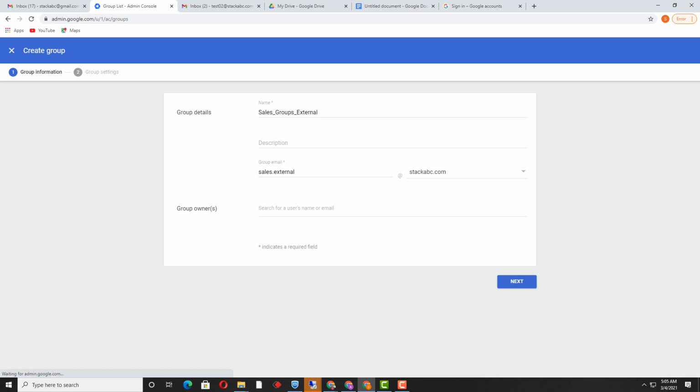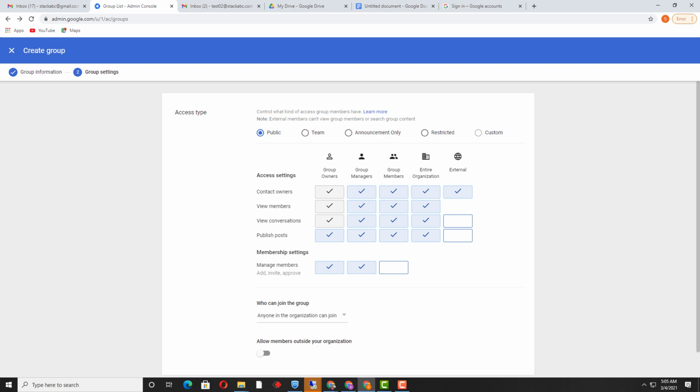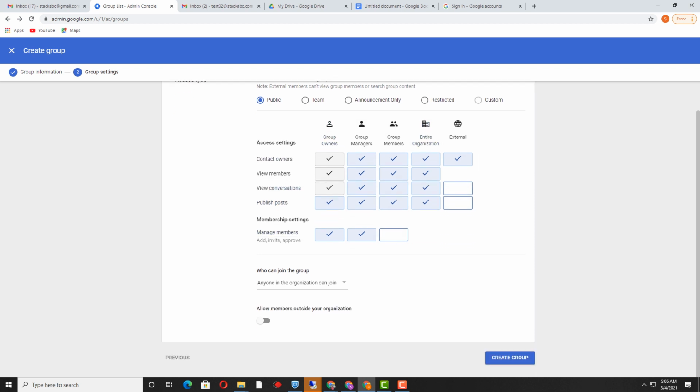And the owner, here you need to specify the group owner. Who is the owner who will manage the groups? Currently I am just leaving it blank. I am going to click on next. These all are the features. In a later video we will discuss all these features, but as of now I am just going to create a group,